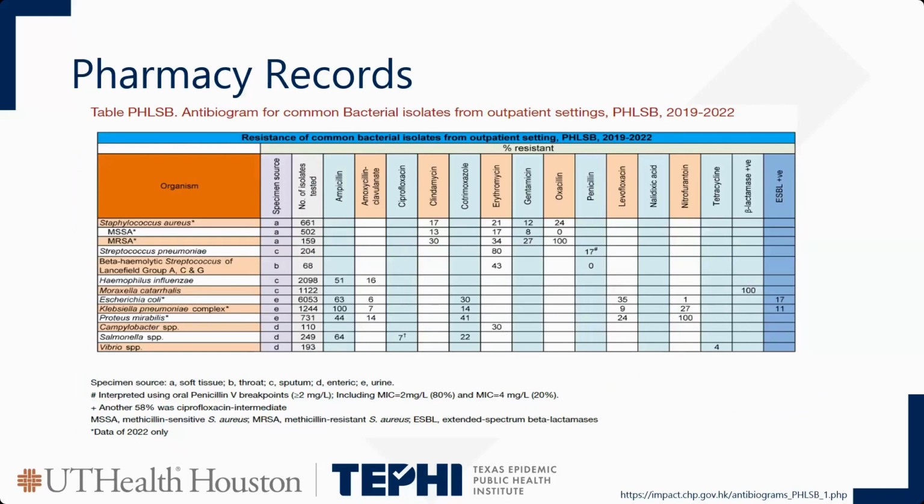So the next source of data that we look at is pharmacy records. And pictured here is a picture of a facility's antibiogram. And antibiograms are usually performed annually through pharmacy and lab, and they're looking at least 30 specific isolates and then looking at the susceptibility of different antibiotics. Every facility is different, and this information is based on the specific pathogens that are seen within your patient population and within your community. So every antibiogram looks different, it's created a little bit differently,